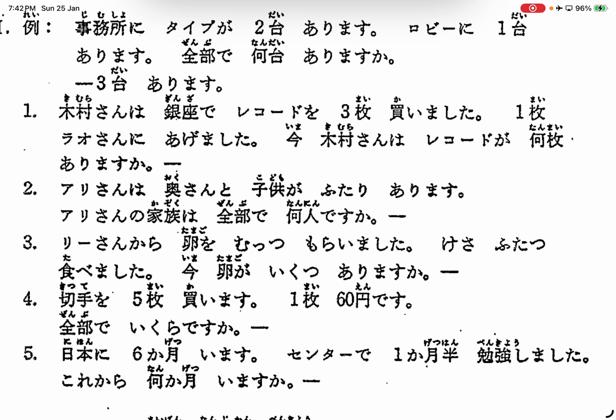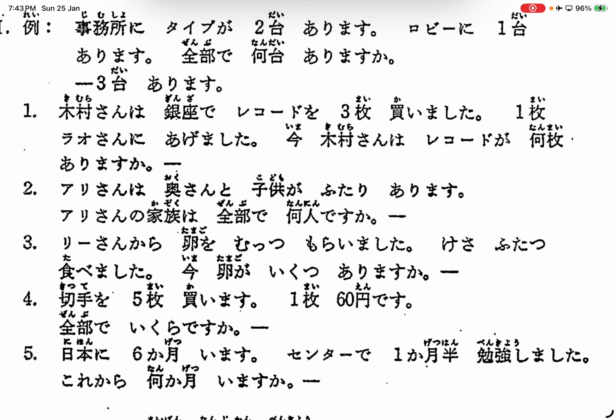Because he received 6, ate 2, so left with 4. 4つあります。4個あります。Number 4. Rachel, 切手を5枚買います。1枚60円です。全部でいくらですか？